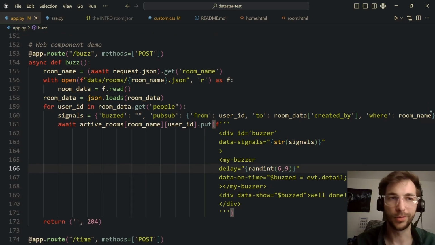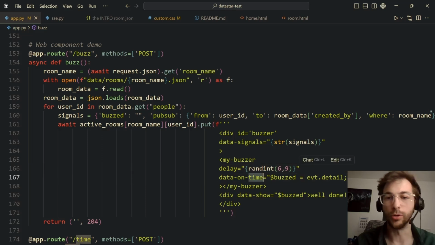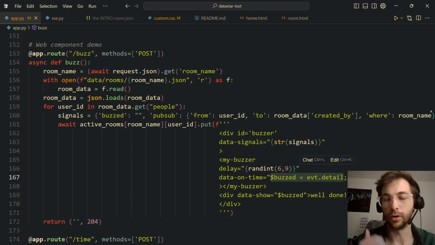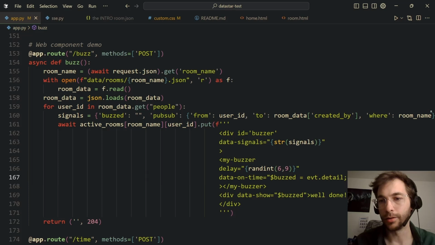I created this somewhat contrived example to show it, but when the buzzer is clicked, it will raise a time event, and this time event will be called by Datastar to change the value of buzz with the detail of the event. The detail I put in the MyBuzzer component is how fast the buzzer was clicked,